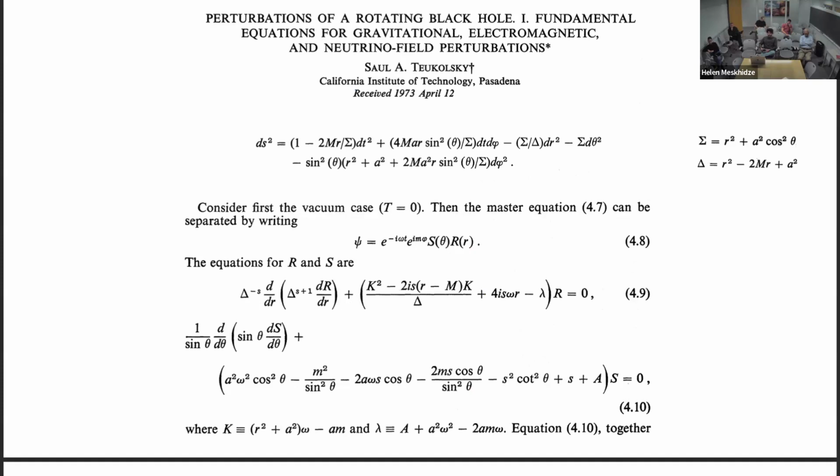So how do we compute these quasi-normal modes that control the ringdown phase of the process? We need to compute the scattering of a wave from the black hole. This is done using the Teukolsky equation. So Teukolsky studied this problem of the scattering equation of the Kerr metric in '73. So this is the Kerr metric, and he derived the scattering equation.